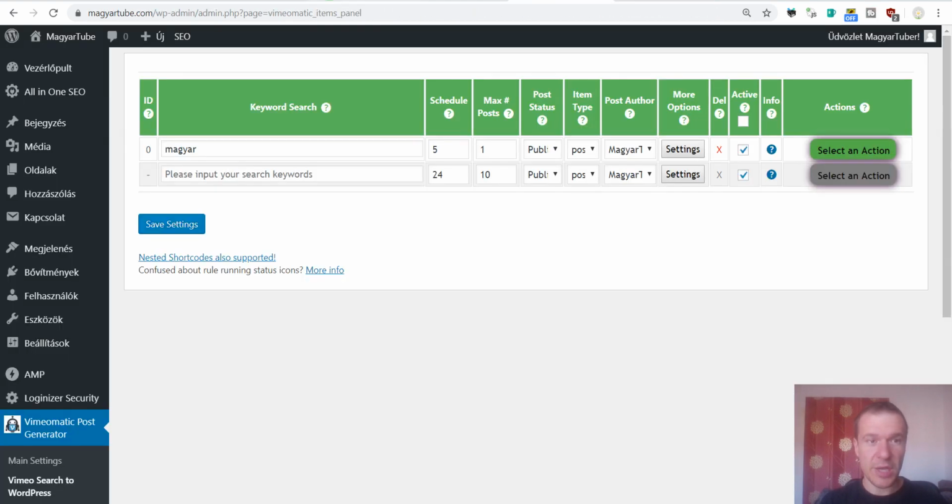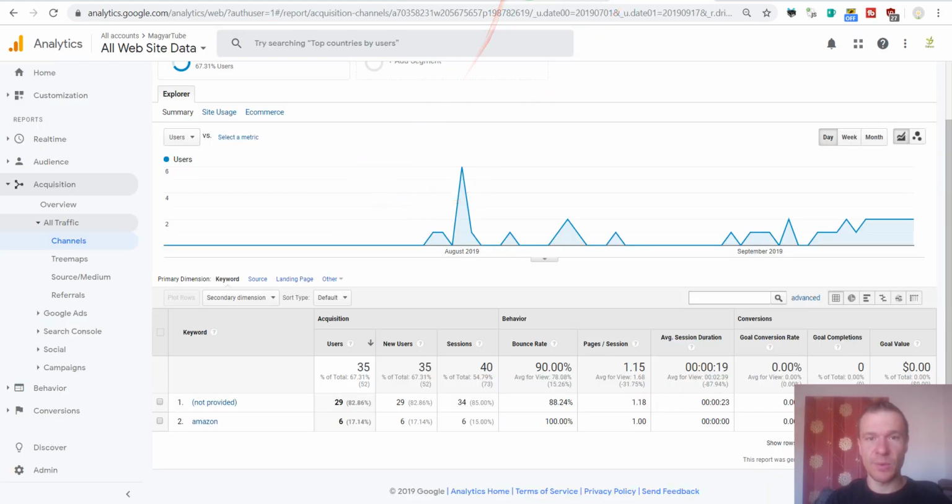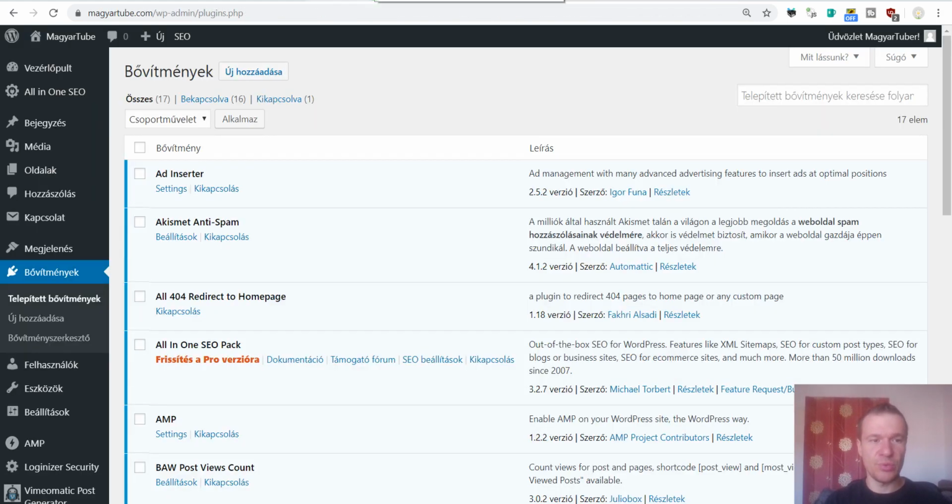So yeah, I also plan to add Facebook sharing, Instagram sharing, maybe Pinterest. This is also great. And each time the YouTube-Matic plugin publishes a new post, the social plugins should share the content on each social network that is assigned for this blog. Okay, so yeah, I will keep you guys updated on how this blog will function